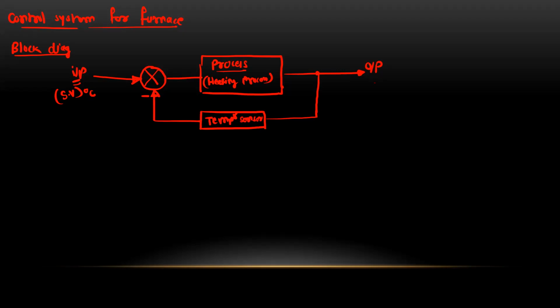Okay, and here the output is nothing but the actual value. So this is the actual value of the temperature in that furnace. Okay, so the actual value is also called the process value. It is represented as PV. Okay, so ideally we expect that the set value must be equal to the process value. Okay, but to reach the set value, the process value will take some finite time. Okay, and we want to control this finite time as well as the error by adjusting the controller values. Okay, so this diagram is without the controller.